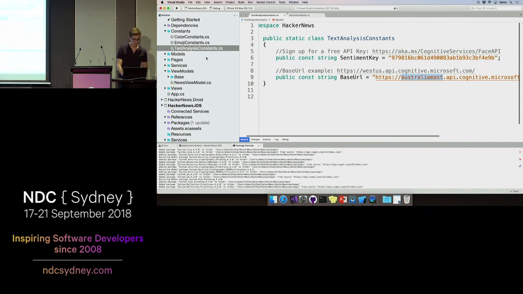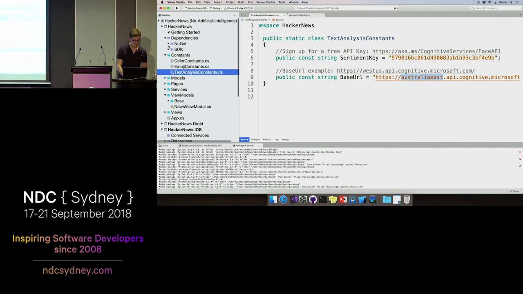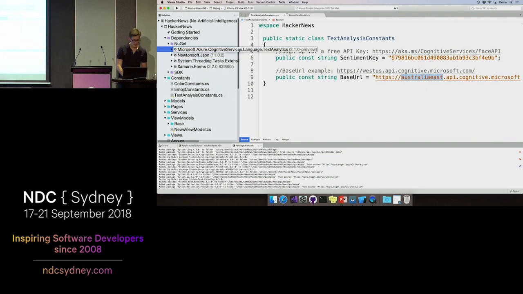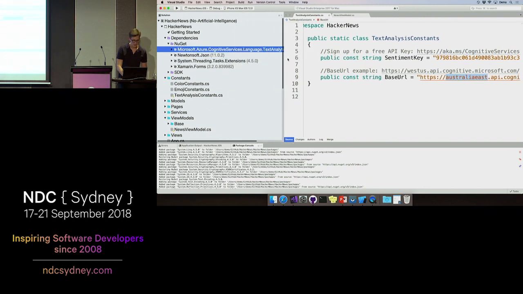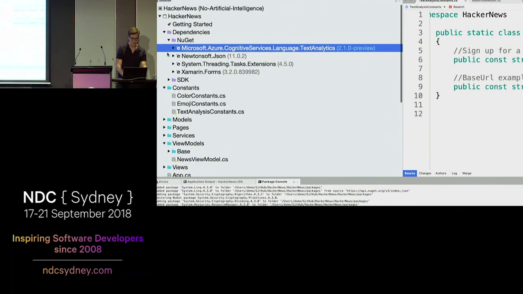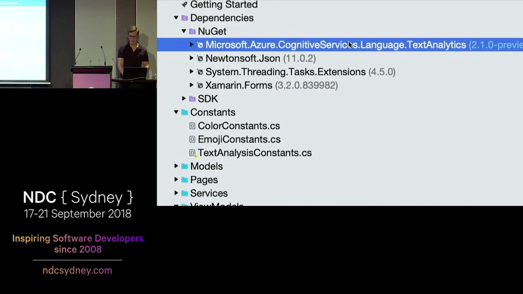And what I also did before we got started, I added in, let's get this a little bigger, there we go. Added in this NuGet package here. So if you're not familiar with C# NuGet packages, they're just SDKs or libraries that we can download. If you're a JavaScript person, same thing as NPM or CocoaPods if you do iOS stuff. And so what the Cognitive Services team has done for us, they've put together this text analytics NuGet package, and all it does is create a wrapper for that API call.